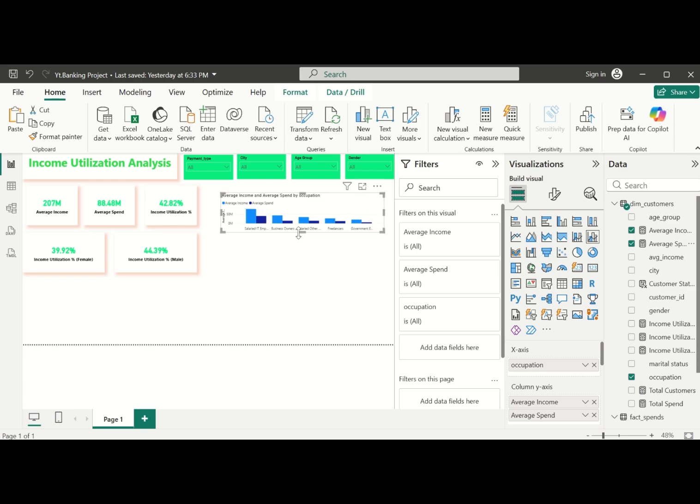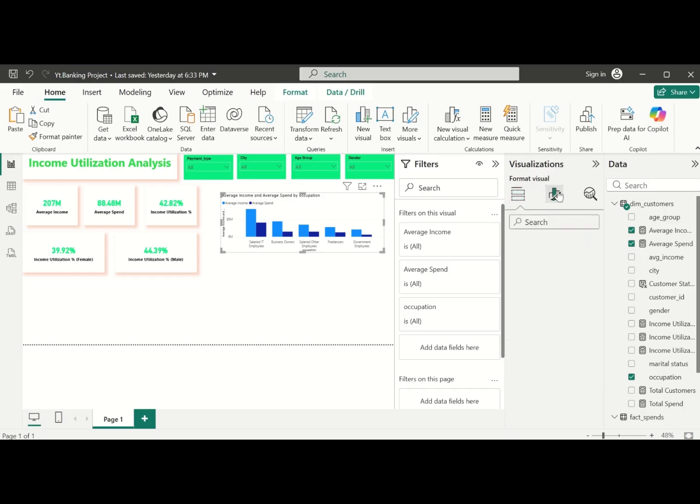So we can edit title. Let's start with title. We make it bold, and then we align it at the center, and then